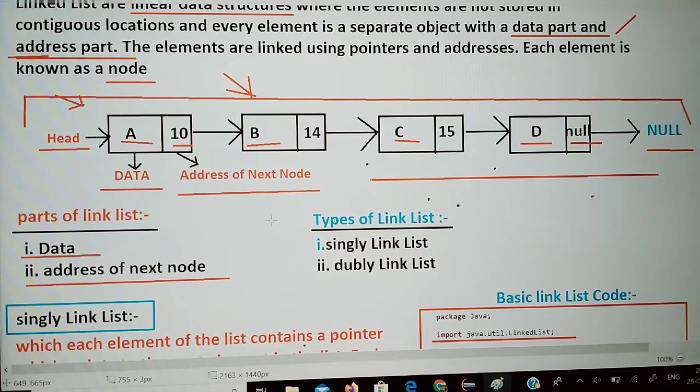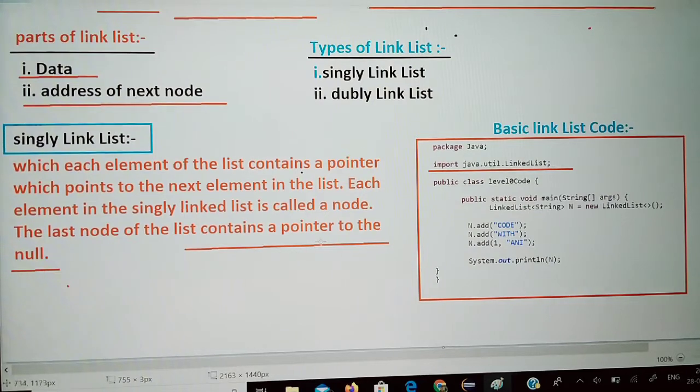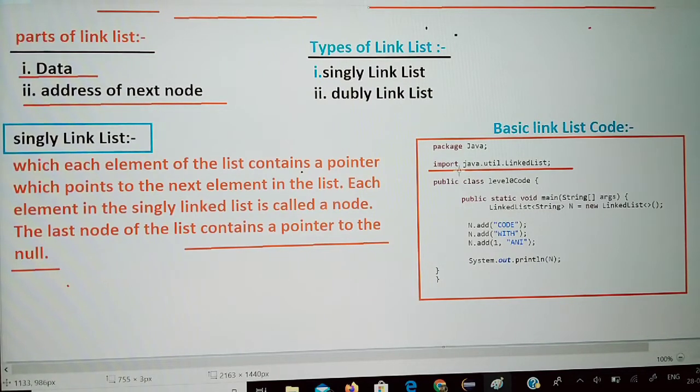And in this video I also show the basic linked list code. Here you can see the linked list code, and it is underlined in red because it is the most important part. You see here import java.util.LinkedList, which is the import of the linked list in Java.